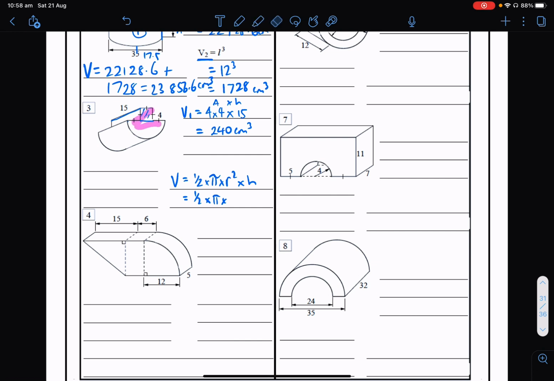So if that's 4 there, that's 4 there, that's 4 there. So it means it's 4, 4, and 4, so it'll be 12. So half of that's going to be 6. So 6 squared times by a height, which is the same as the last one, which is 15. Okay, so 0.5 times pi times 6 squared times 15 equals,